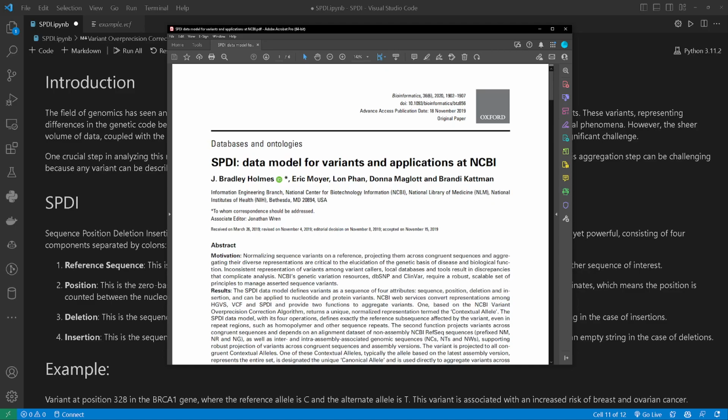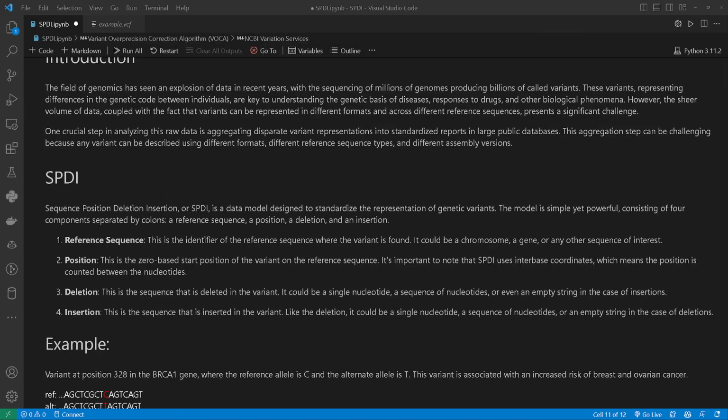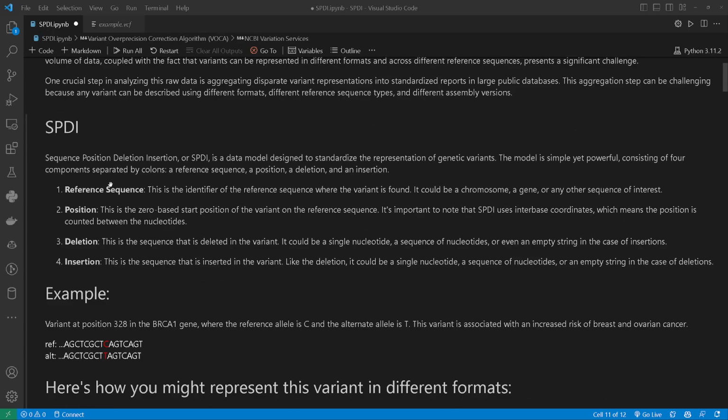And since NCBI manages several large databases of variants, I decided to do some literature searching on how they manage this problem, and that's when I came across this paper about the SPDI data model that they use. So to get right into the SPDI data model, it stands for sequence, position,